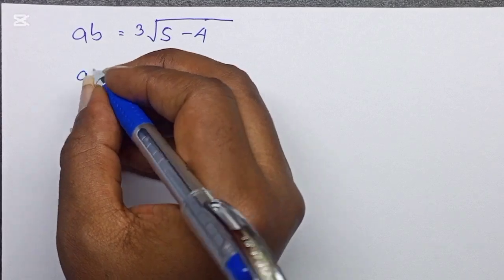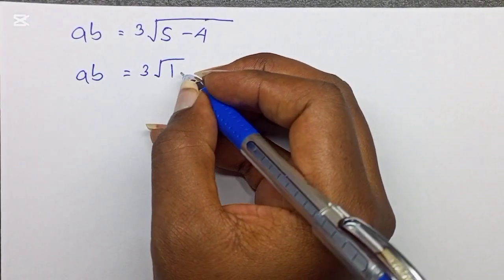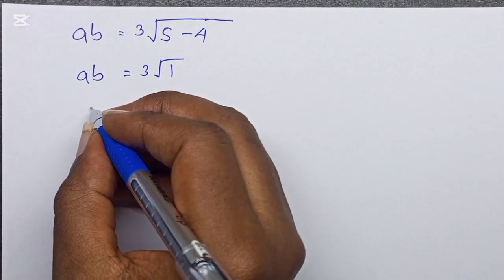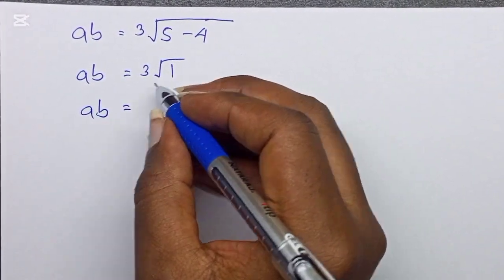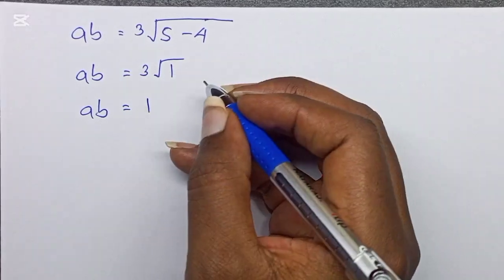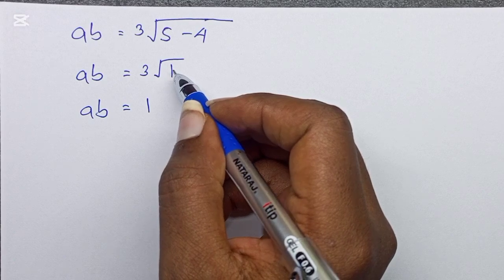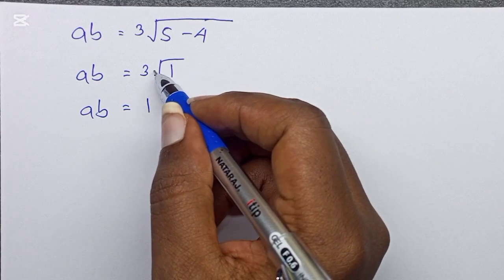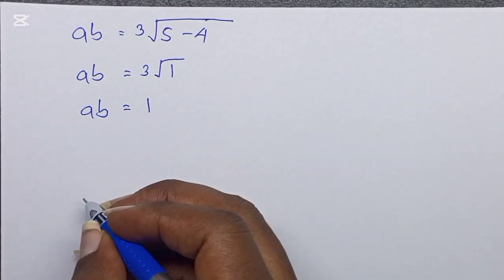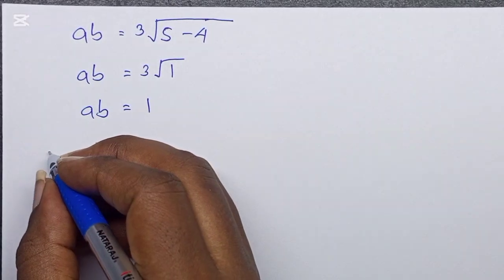Therefore, ab is equal to the cube root of 5 minus 4, which is 1. So ab is the cube root of 1, and the cube root of 1 is 1. So this implies that